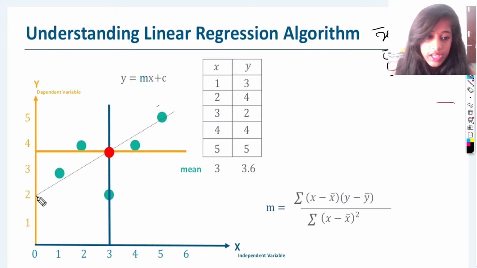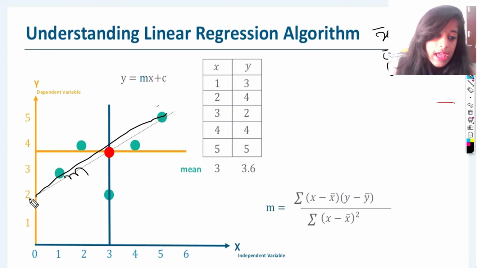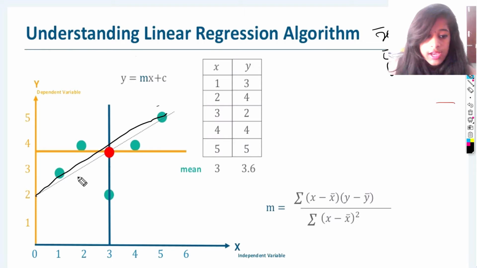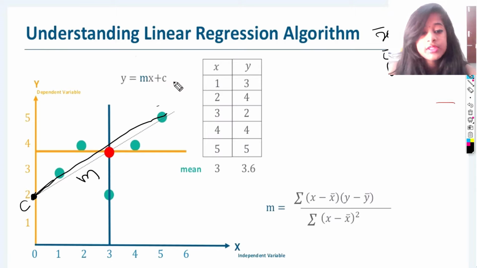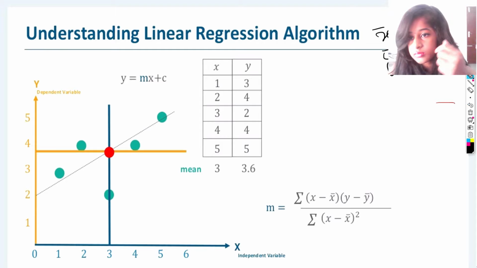You can see here we have a slope of the line that should connect almost all the points. So this is the slope, which is m, and this connecting point you can call the intercept. So the slope of the line is m. And what is c? Here you can see the point where the line is connecting. That's going to be c. Now what's x? x is the relationship between the two values, the dependent and the independent variable.